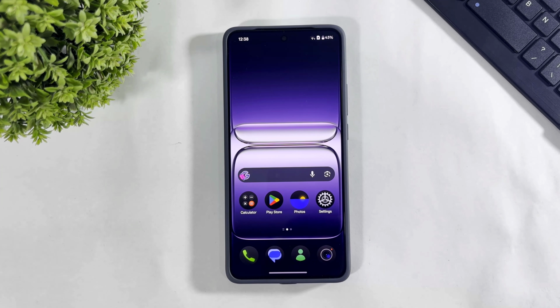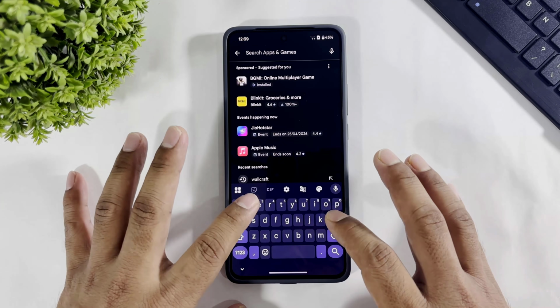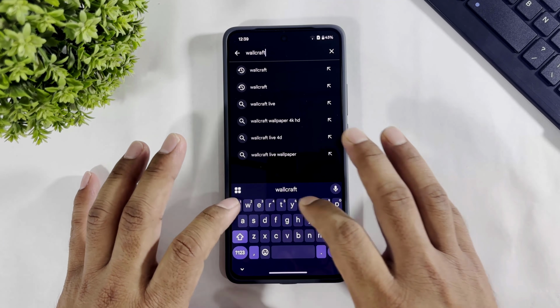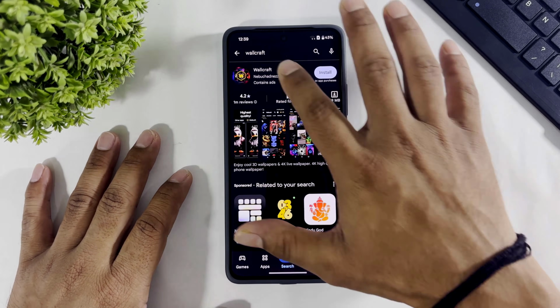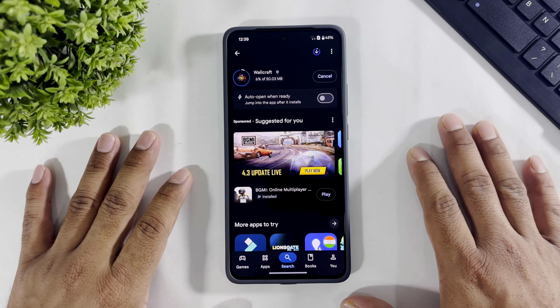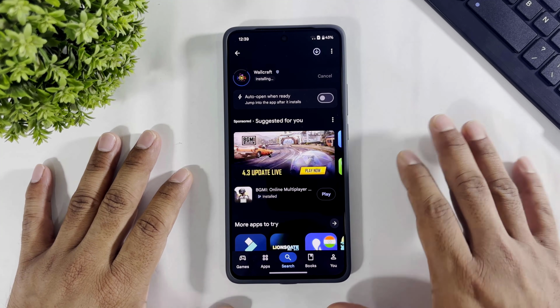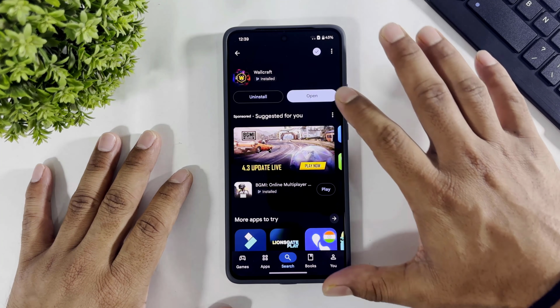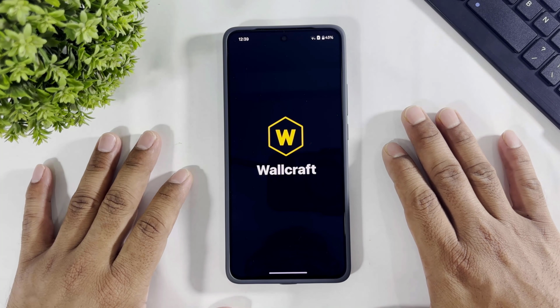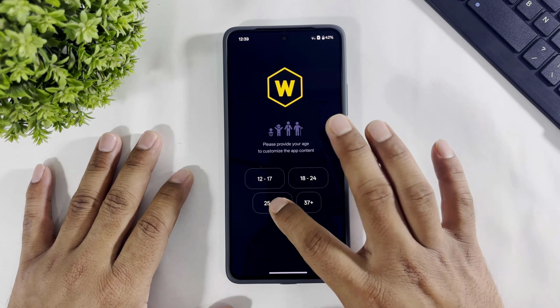So let's begin. Okay, first go to Play Store, search Wallcraft and simply download Wallcraft on your OnePlus device. After download, simply tap and open, tap on continue, select Edge,